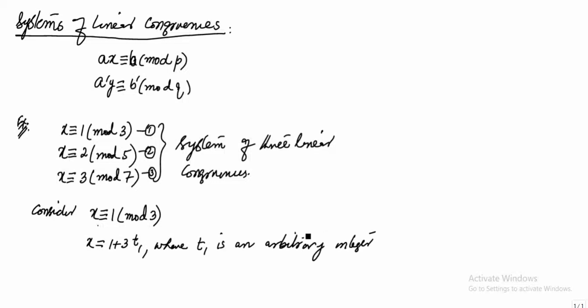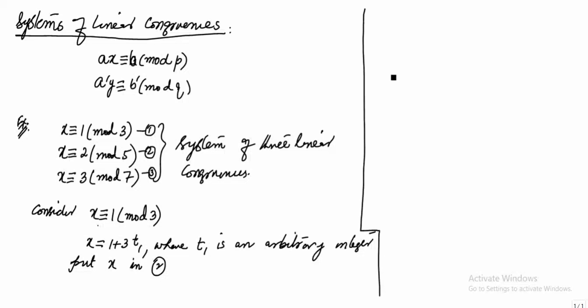Arbitrary integer. Okay, then put this value, put x in congruence 2. So let me write here. So congruence 2 implies,